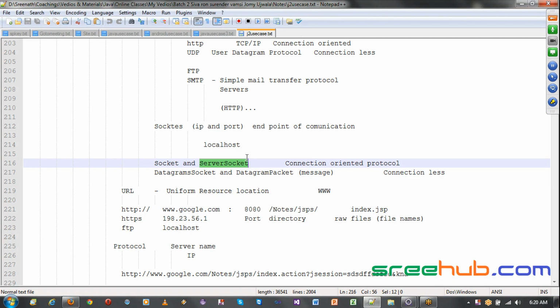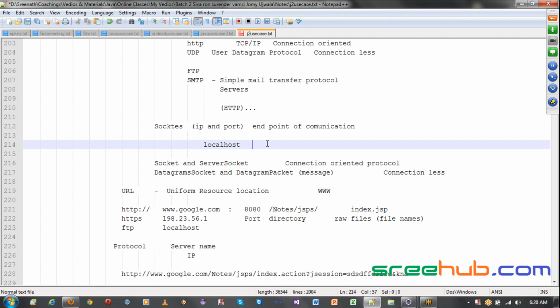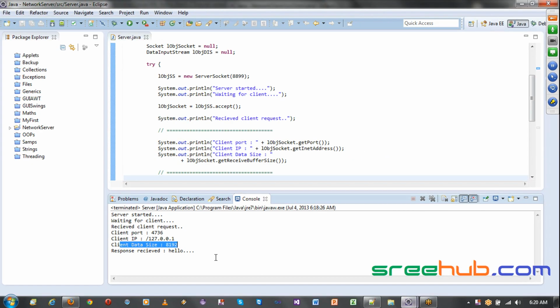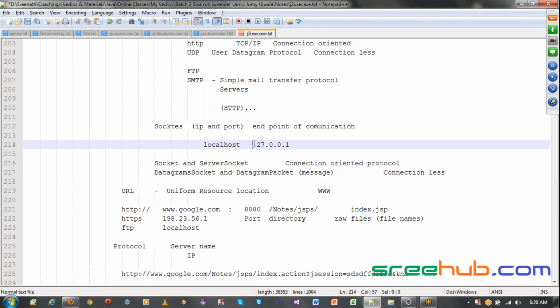Now just remember that you can give localhost or 127.0.0.1. This is a universal standard. I mean all the Windows machines will have this as a localhost, right? If you don't remember your IP, just give this, which is 127.0.0.1. This is called a local IP. This will automatically be mapped as a local IP, right? Or you can just give localhost, which means you're actually giving a